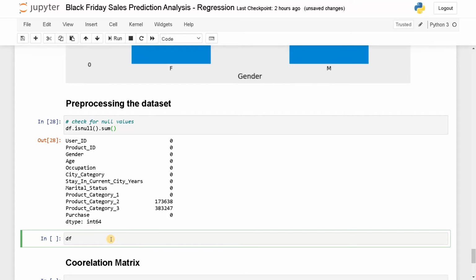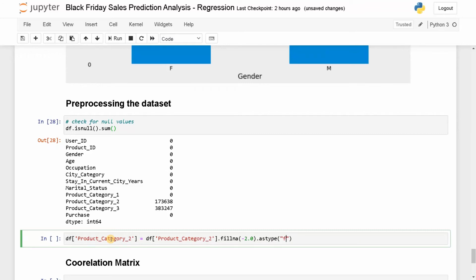df['product category 2'] equals df['product category 2'].fillna(). You need to give the number as an argument. I will say -2.0 .astype. You already know that product category 2 and 3 are in a float format.